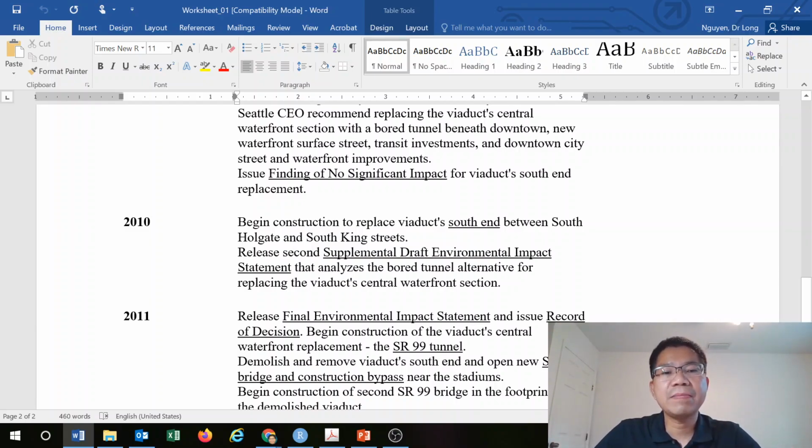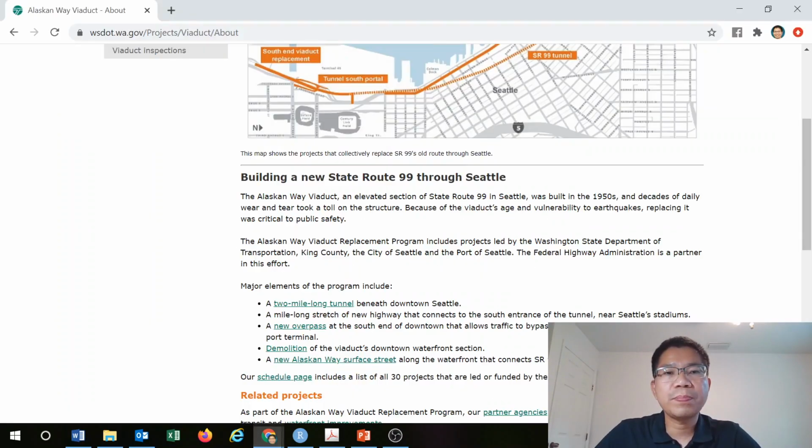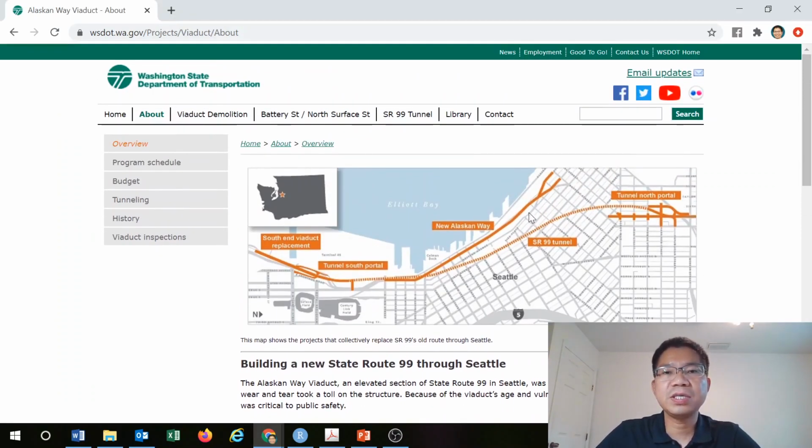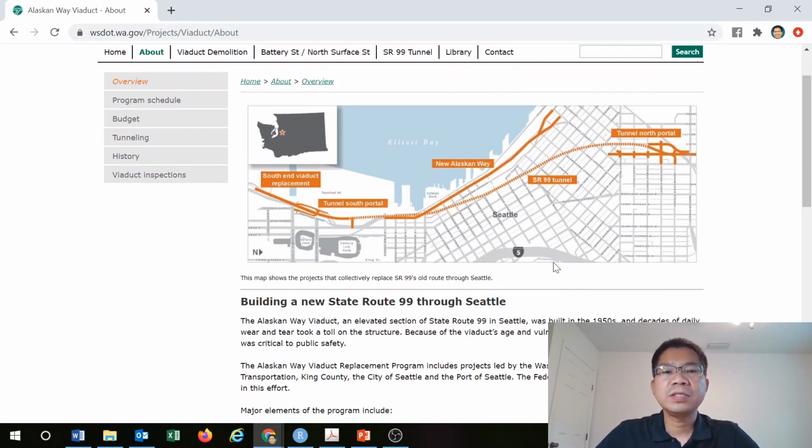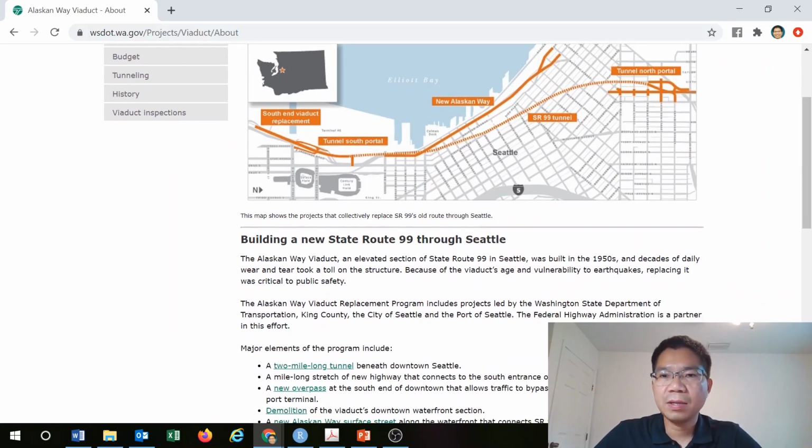It's a matter of time. I'll just go directly to the project site of this project. This is the location in Seattle. Hopefully, someday we will be there. Some of you may have been here. So this is the history, and you can see the old viaduct built in the 1950s, and then they had an earthquake, and considering the aging and vulnerability to earthquakes, they need to replace it. That is the perceived need there.